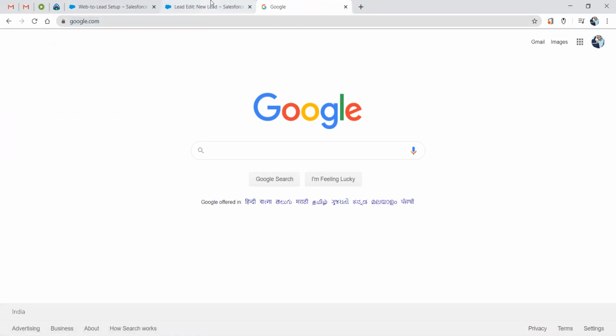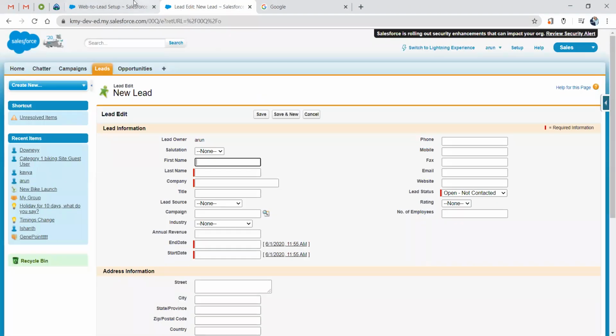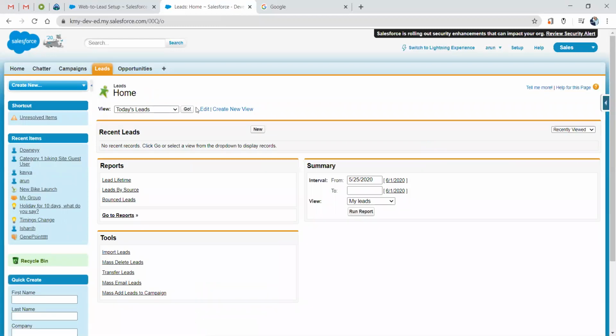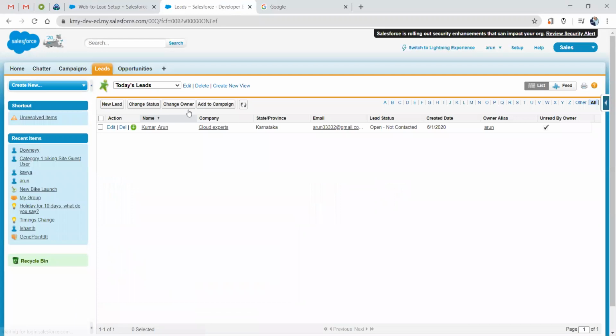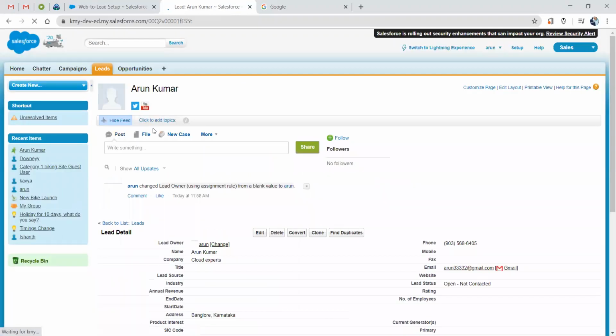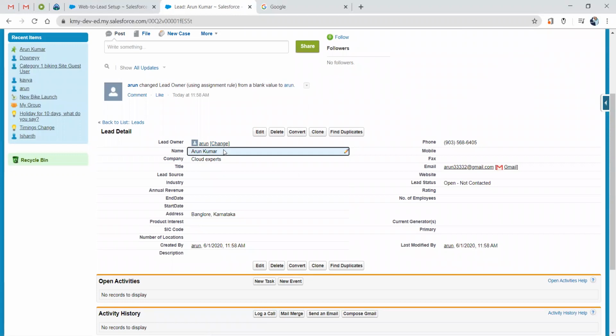Now I'll go back to my lead object. I'll click on leads and I'll click on today's leads. I'll click on Go. And here you can observe the lead has been generated with the fields that I have added.